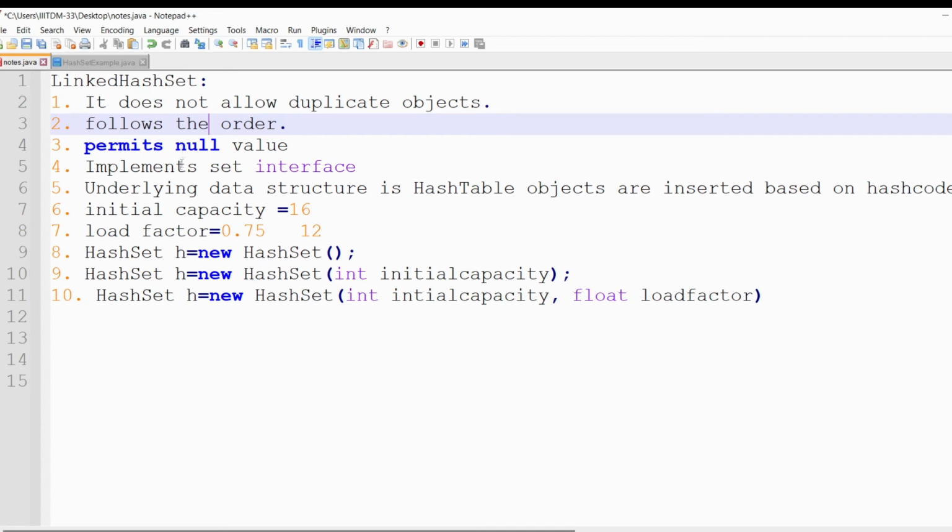It implements the set interface. Underlying data structure is hash table and even the double linked list, and inserted based on the hash code. Initial capacity will be 16 and load factor is 0.75, and then if you want to create, you can create